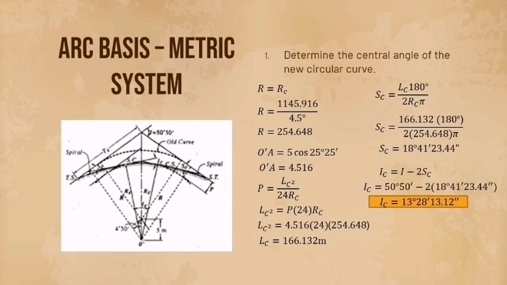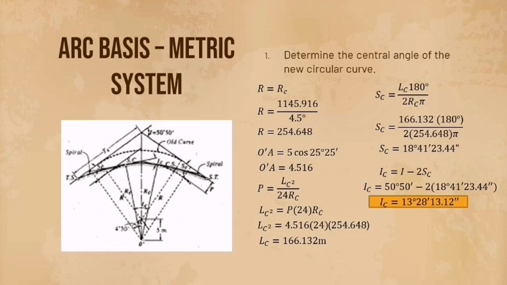So, again, to get the radius or degree, we're going to use the arc basis metric system formula. So, the formula for there is radius is equals to 1145.916 over the 4.5 degree. So if we divide them or compute them, we will get the answer of 254.648. So for the OA is equals to 5 cos 25 degree and 25 minutes. And if we compute them, you will get the answer of